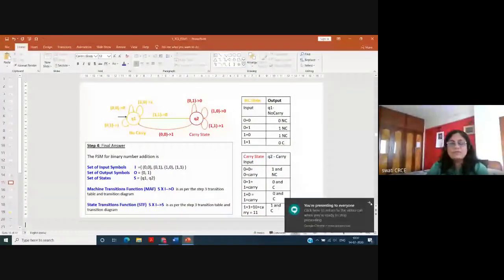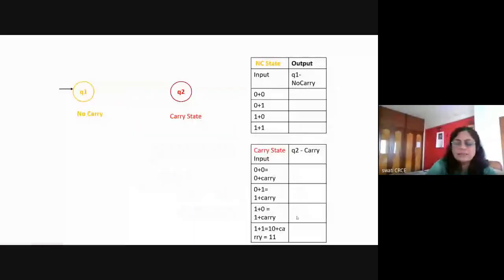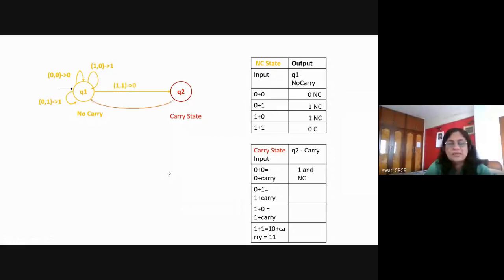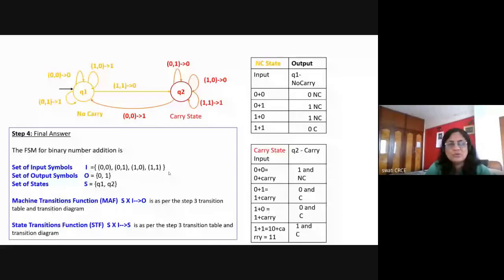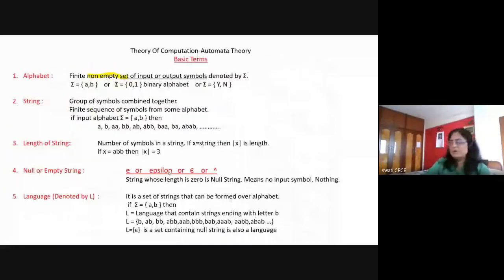See, on FSM, they ask only one type of question, designing of FSM, and there are 3-4 types of problems which are asked in the exam. So I'll give you 2-3 problems as homework and tutorial part, and then this topic is over. Then there are no more questions asked on FSM for this kind of design. Sometimes they ask for 10 marks. But the main problems asked are on DFA and NFA.